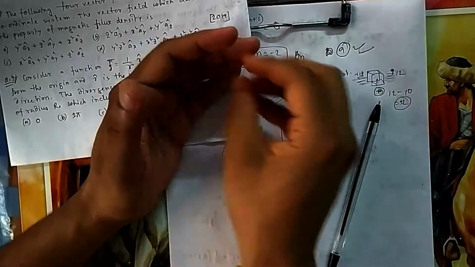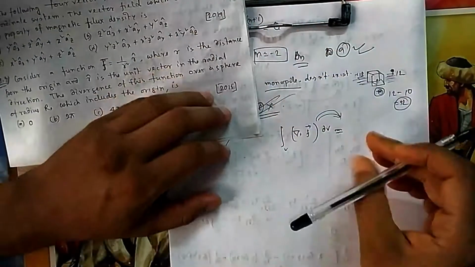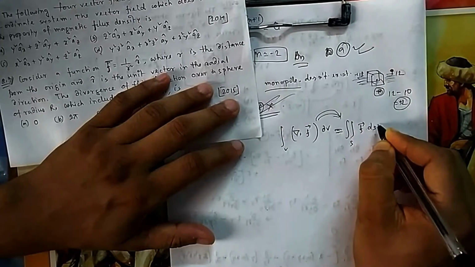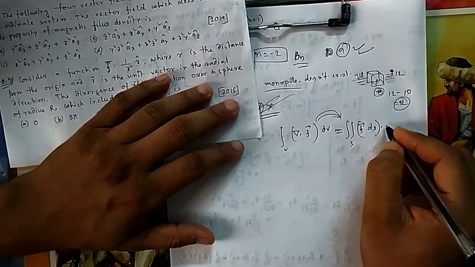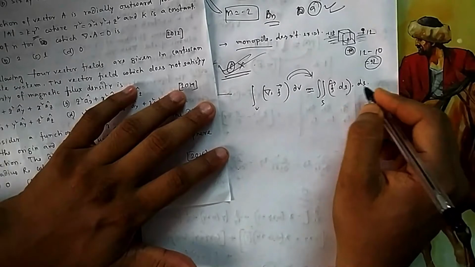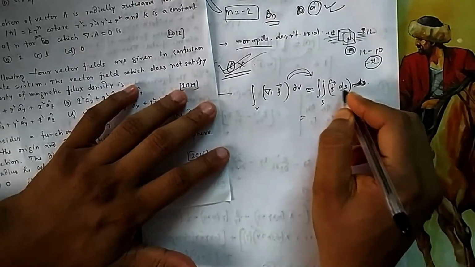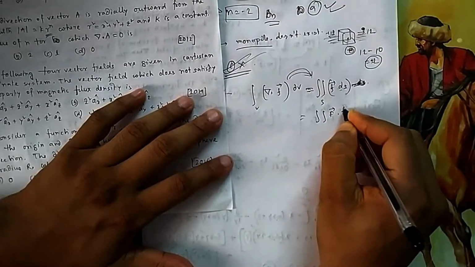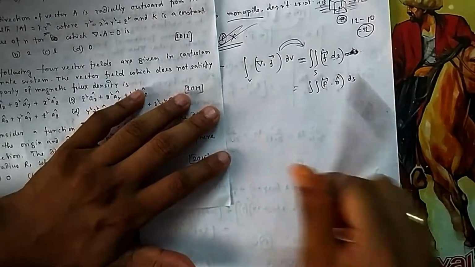Instead of taking every point in the volume, you just take the surface. So which surface? That outer surface. So I will integrate over the surface, F dot dS, that is the surface integral, and we know how to do this over the surface dS. Now what is the formula for F dot dS? It was F dot n cap and then dS you have to write. Okay, so what is here dS?